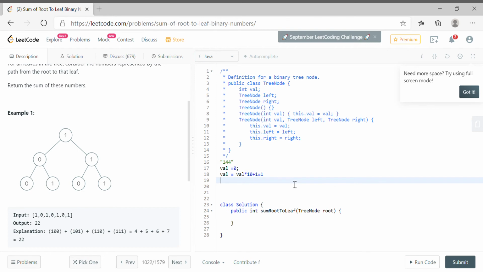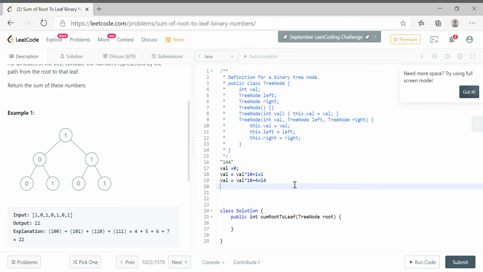Next, for the second index, we get val times 10 again, so it's 1 plus the 4, which gives us 14. Next time again val is equal to val times 10, so val is 14 plus the third index, which is 4. So it will give us 144. In the same way we can do it for a binary string. In place of 10 we can use 2.